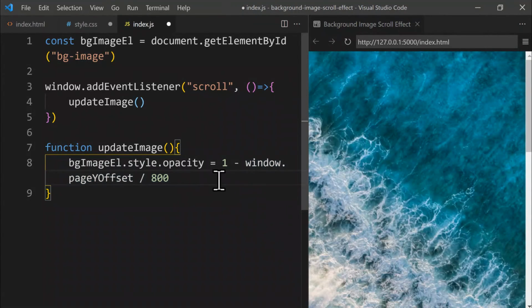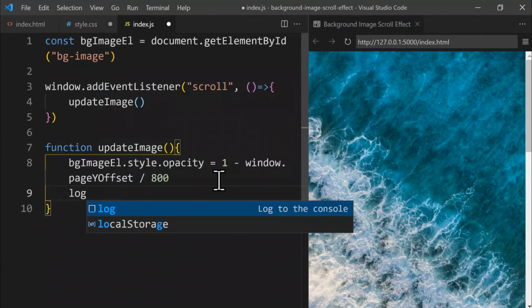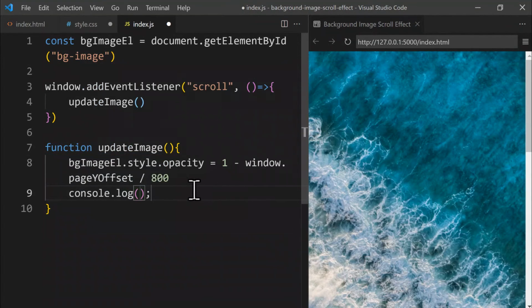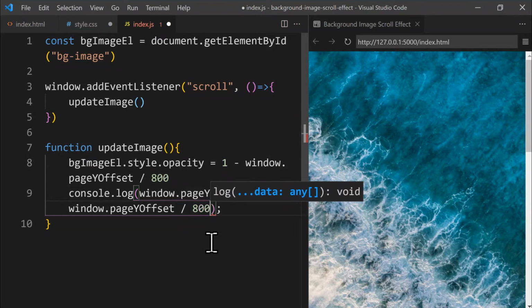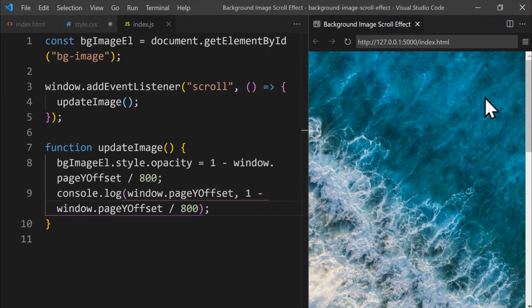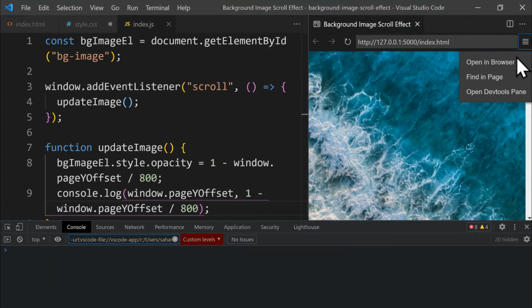We can console log this to see the number. So we console log 2 things: the window.pageYOffset and also 1 minus window.pageYOffset divided by 800. So we open the console here using this hamburger icon and open DevTools pane, and we